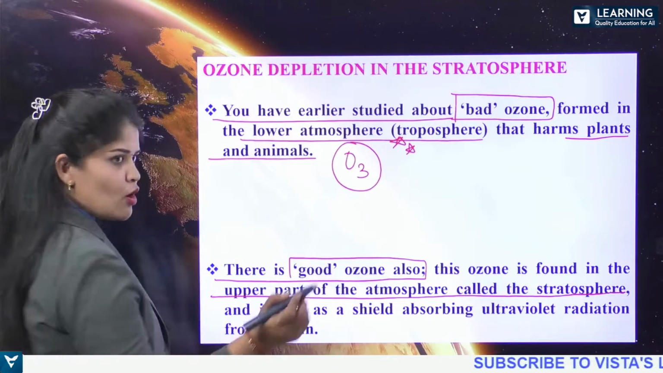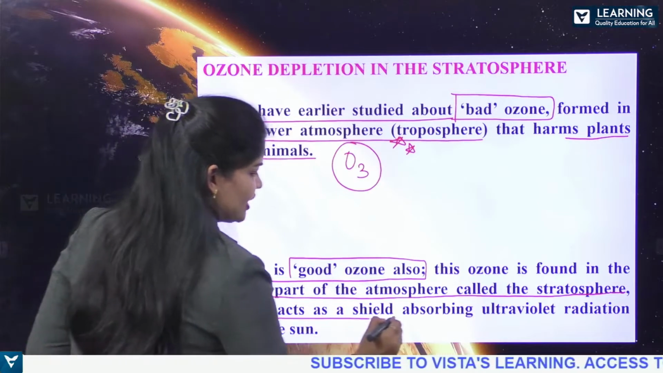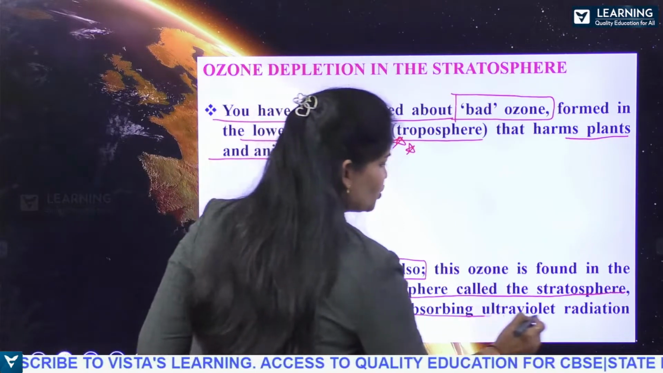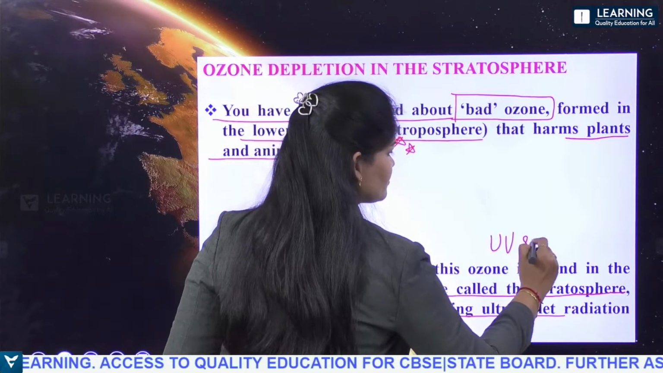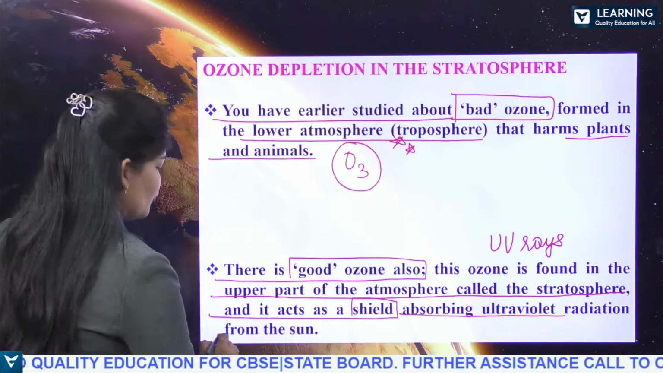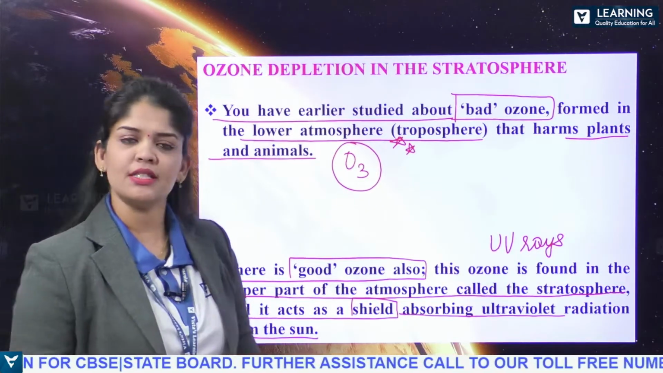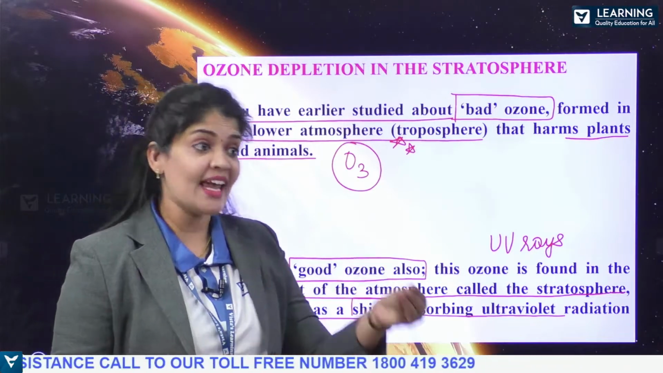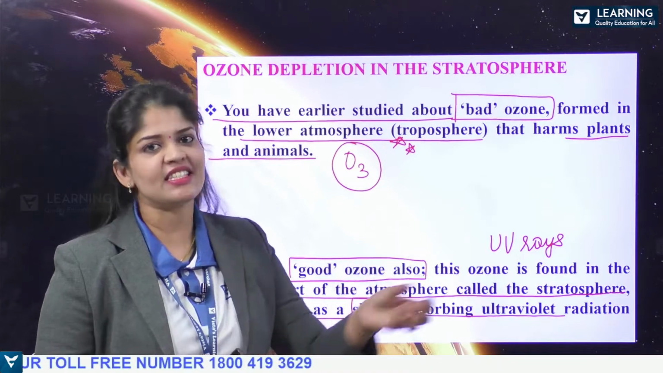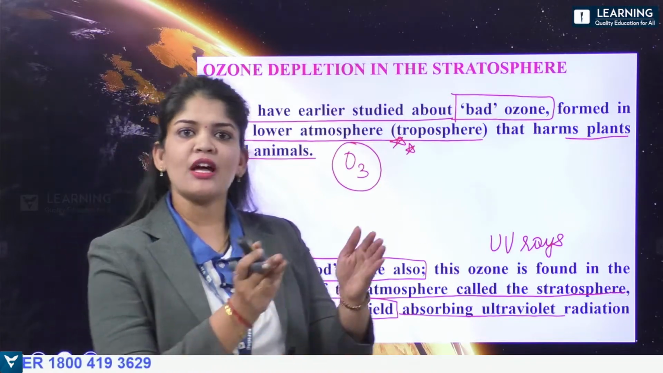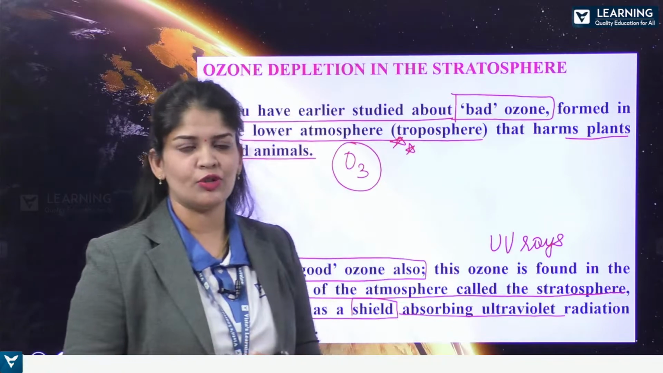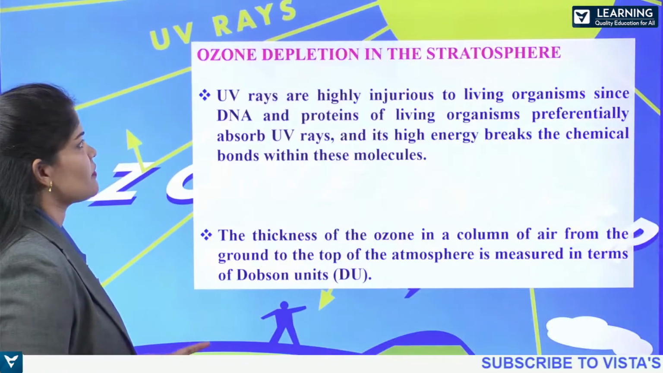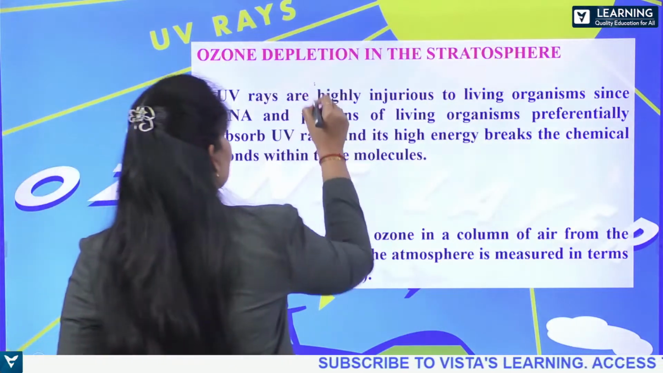As we already mentioned, it acts as a protective shield, absorbing the UV radiation coming from the sun. We know that UV rays are of different types, like UVA, UVB and UVC rays, categorized depending upon their wavelengths. So here, UV rays are highly